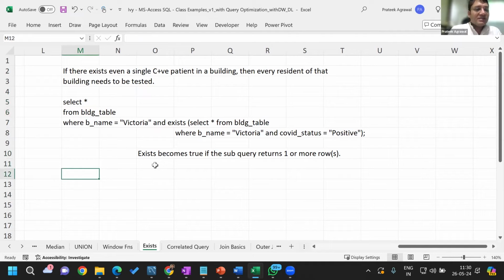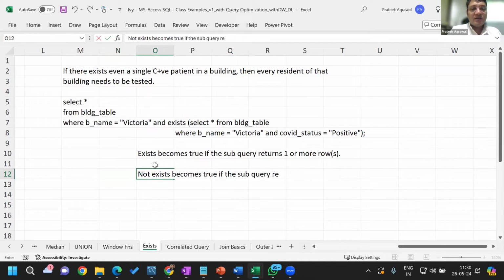And the opposite of exists is not exists. Not exists becomes true if the subquery returns zero rows. What it means is